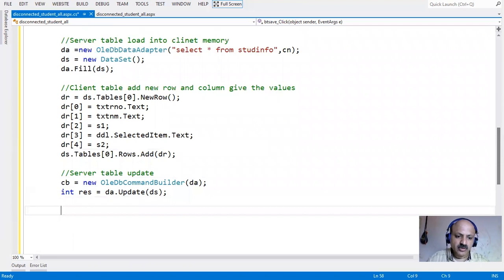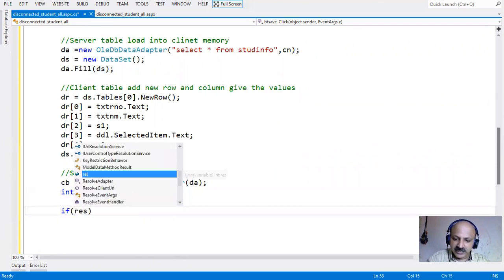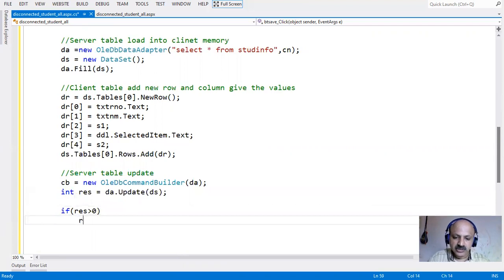Okay, now we can do validation to complete the code: res is greater than 0, that means successfully. So response dot write, and here insert record successfully.